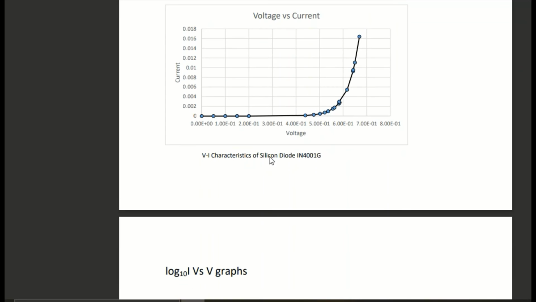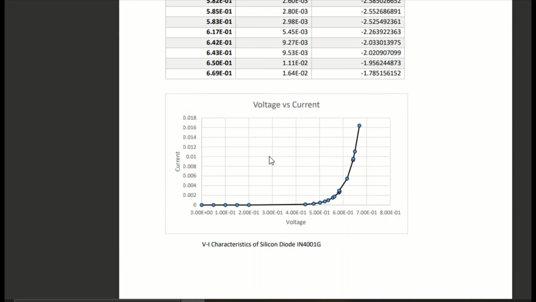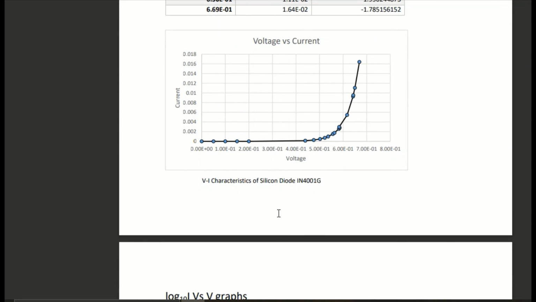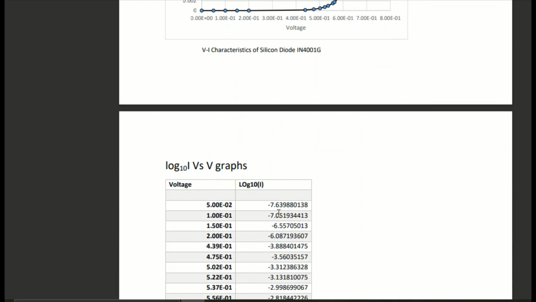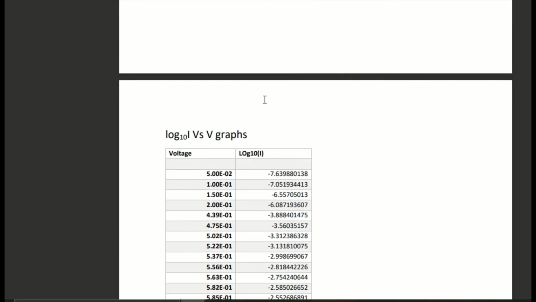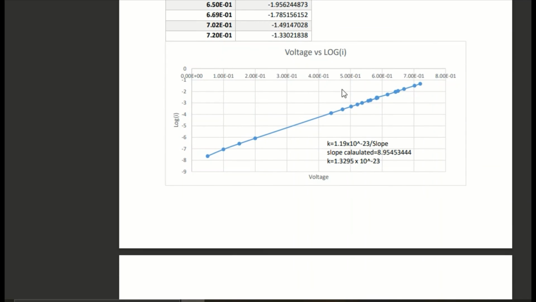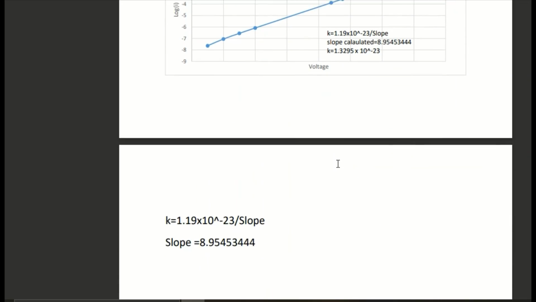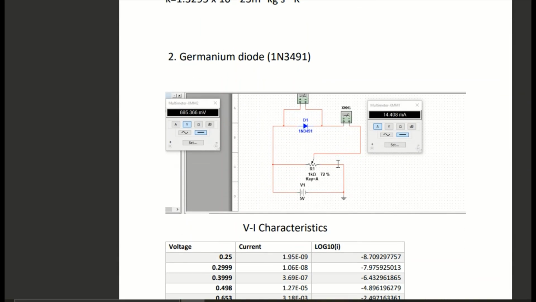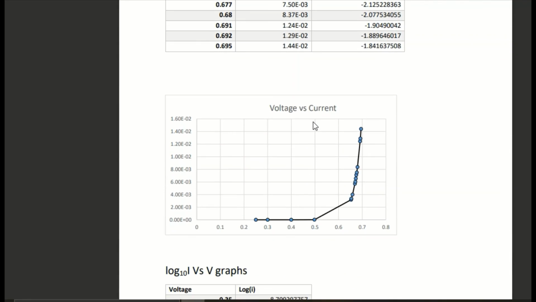of silicon diode. So for determining the K value of Boltzmann constant, we are going to plot the graph between log of I versus V. So taking the previous value of log I and the voltage, we get a declining graph like this, where we can take the slope of each point and we can determine the value of Boltzmann constant. Similarly, applying this experiment for germanium diode by replacing the diode here and applying the same concept,